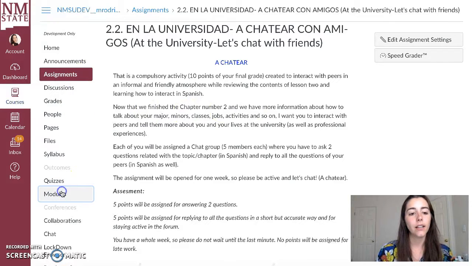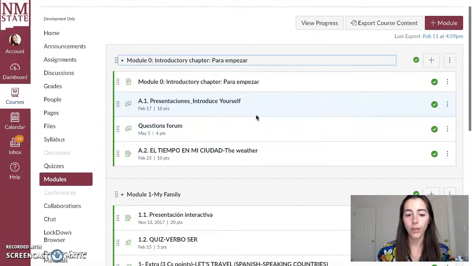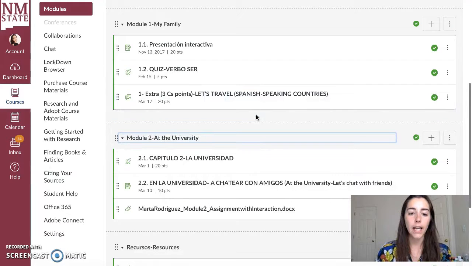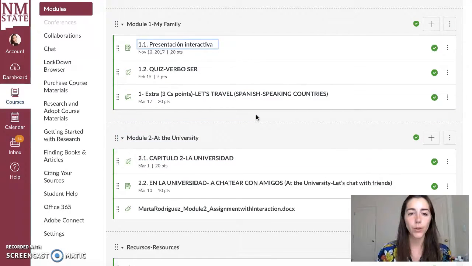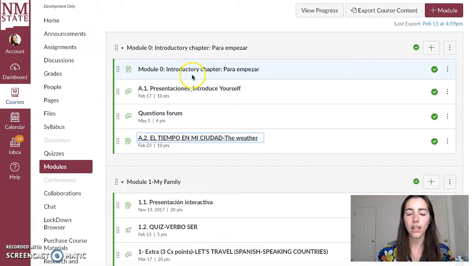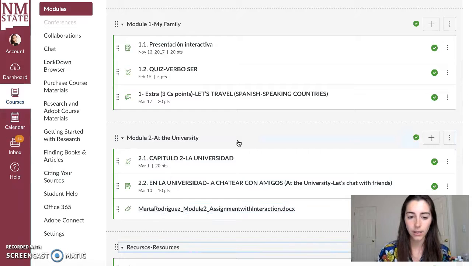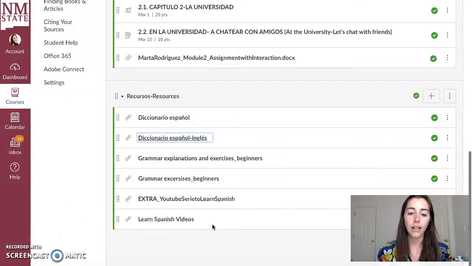So that's everything about my models. I'm planning to add, as I told you, some introductions in every single model to make everything easier. Then I also plan to add these extra activities also in model 2 and the next models that I'm going to be creating. And one thing I have done, and I think is interesting, is to add resources. So, for example, a Spanish dictionary that they can use whenever they